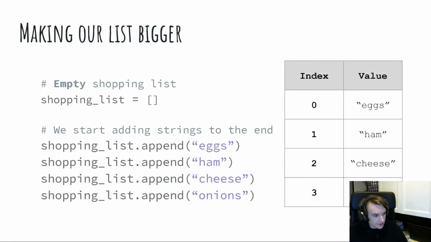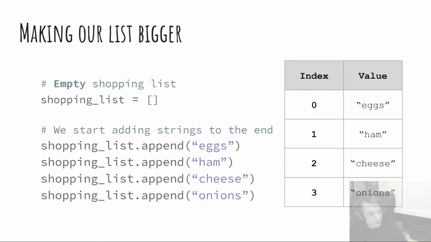Okay, again, we have me in the way, so I'll turn myself off for a moment. Okay, so we can also change our list over time. If we start with an empty list by using just an open and a close bracket, as we have there, then we can add items to the end of the list by using the keyword .append. It's called a method of the list. We'll get into what that means at some point in the future, but for the moment, we're just appending to the list.